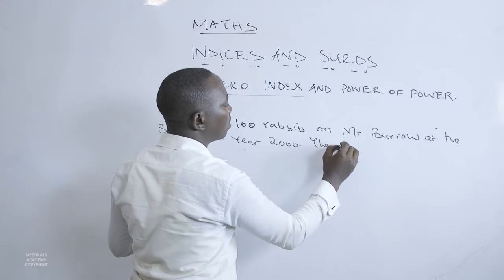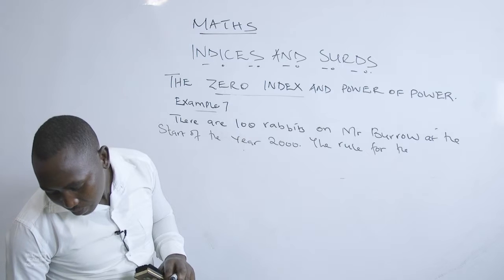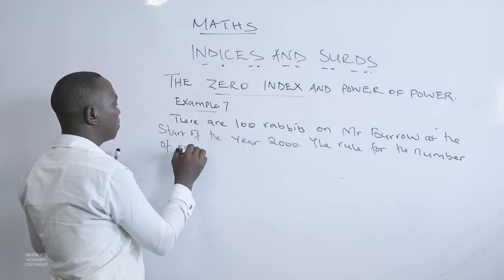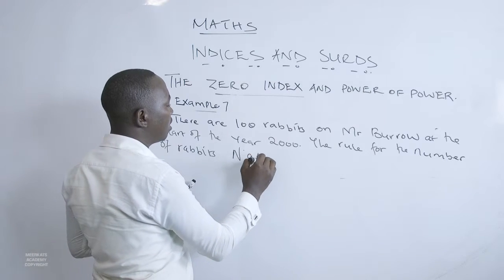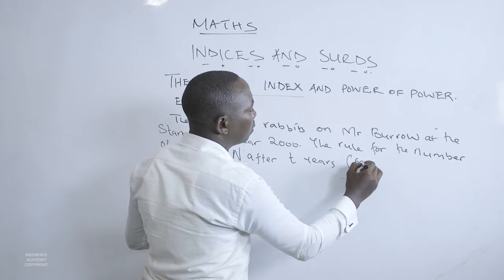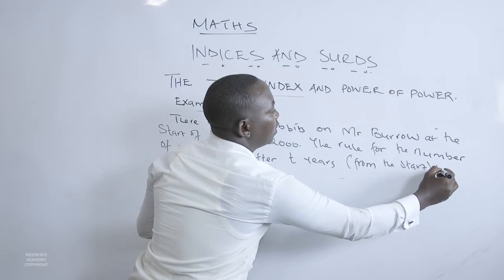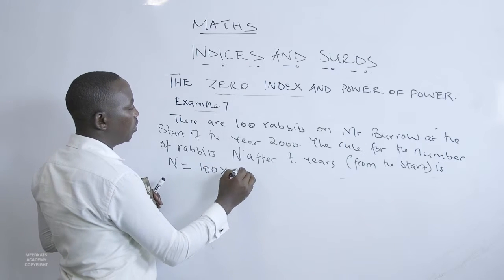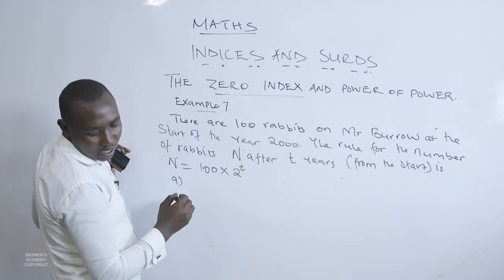The rule for the number of rabbits n after t years from the start is n, where n is the number, is equal to 100 multiplied by 2 raised to t, where t is the number. Question number 1, find the number of rabbits